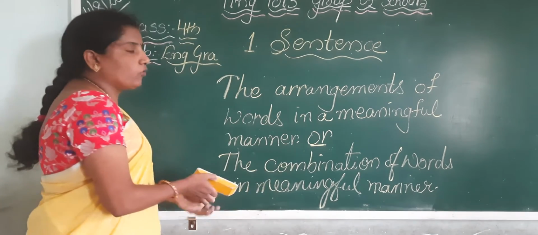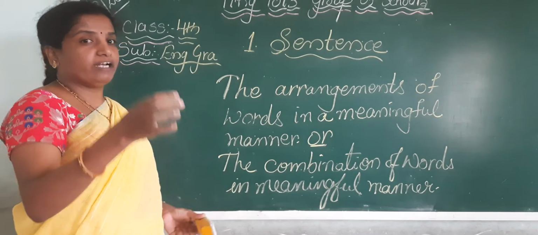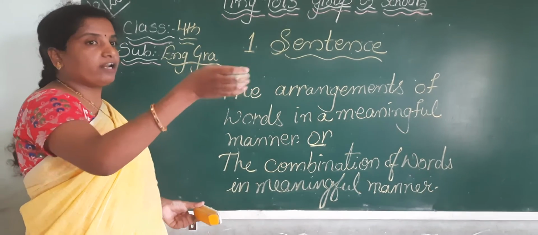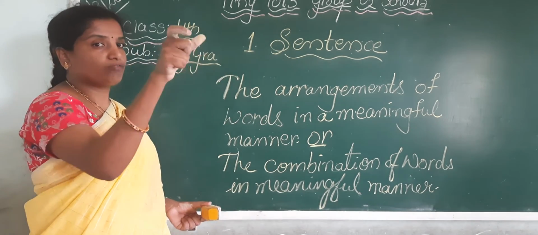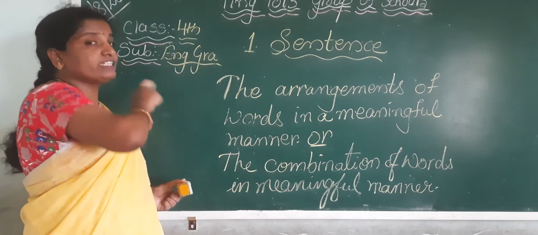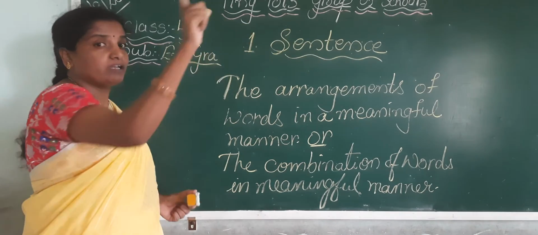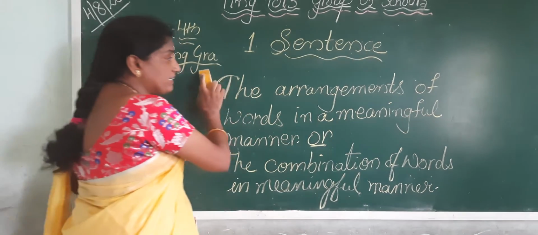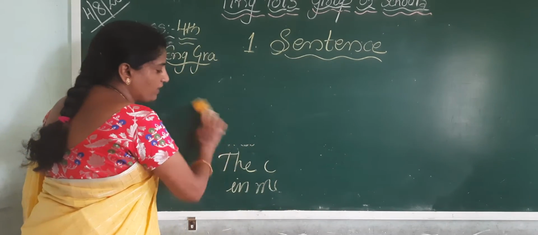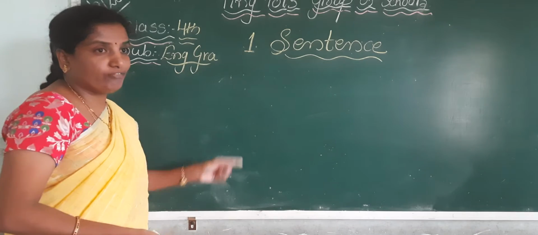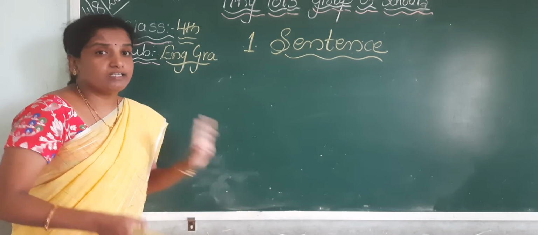Now let us have a look at what sentences are and what the parts of sentences are. Now we have clear clarification that we can't write the words in our own jumbled way. It forms a sentence when the words are expressed in a correct manner, when the arrangement gives us the complete meaning, complete sense. Now, let us have a few examples, children. I'll write 5 sentences and I'll explain what the different parts of the sentences are.